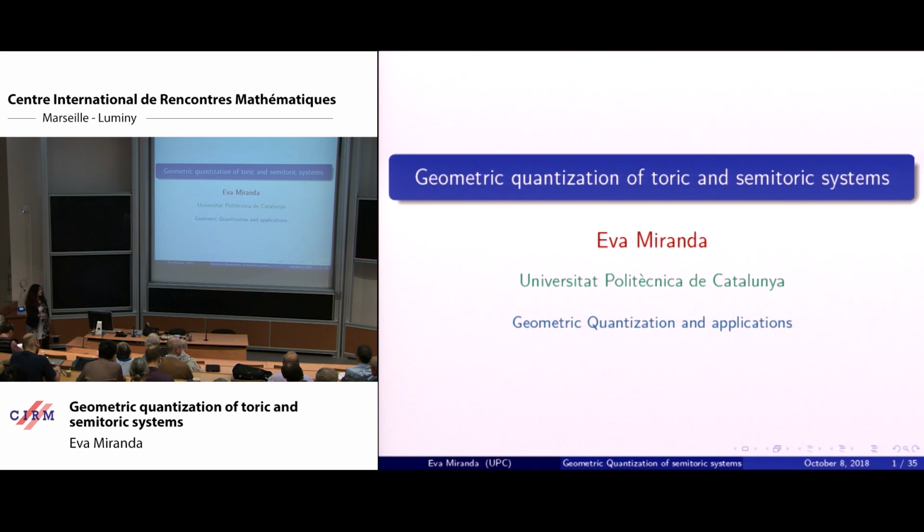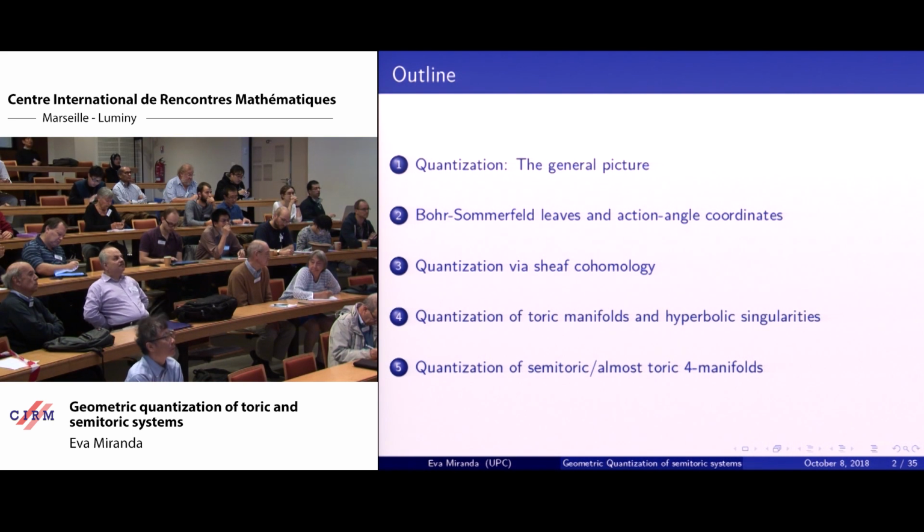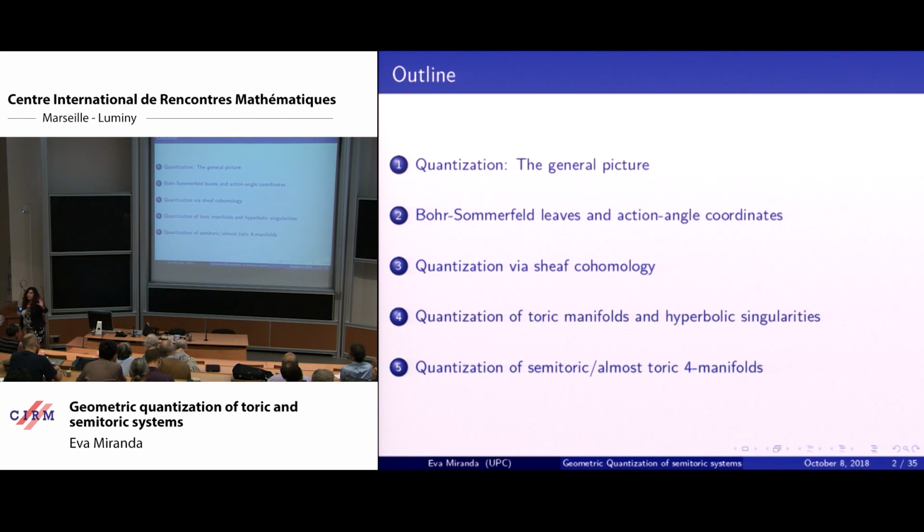Today I'm going to talk about geometric quantization of toric and semitoric systems, taking as the viewpoint, which is quite residual in the theory, that of real polarizations. Okay? At the end of my talk, I will present a quantization of K3, and I will compare the result using these tools of real geometric quantization to the Kähler quantization point of view.